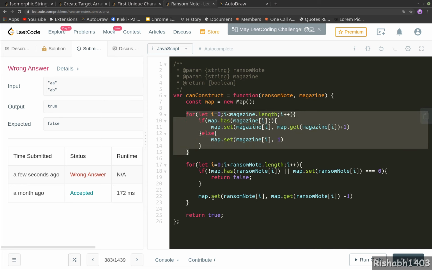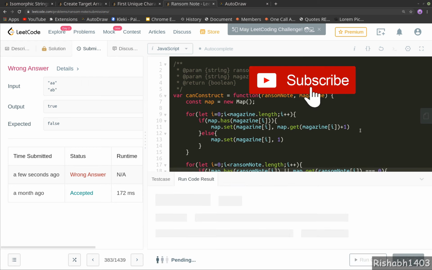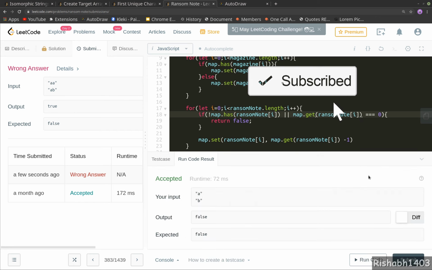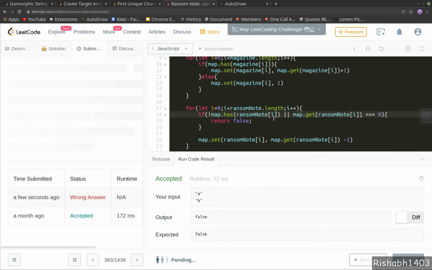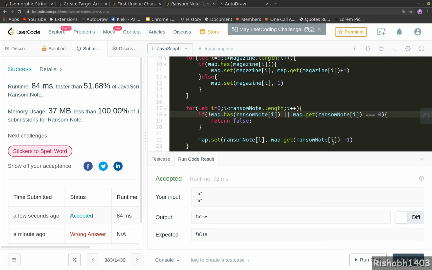Let's try this. If map does not have the ransom note character, or if, oops, this is not set, this is get. Let's try again. Okay, so it got submitted.